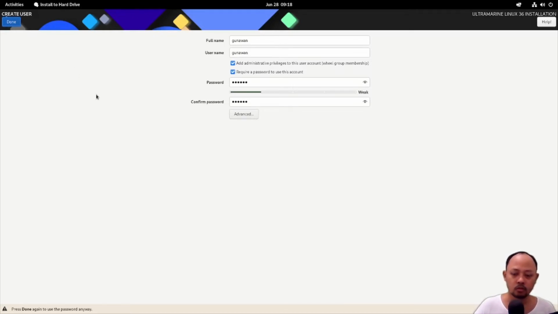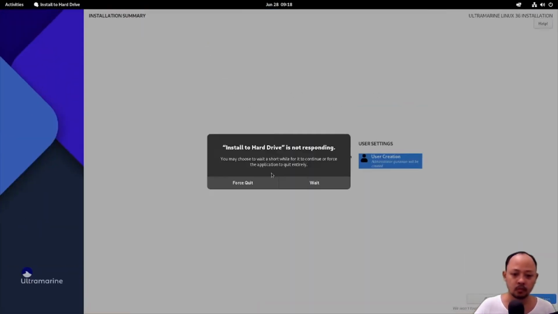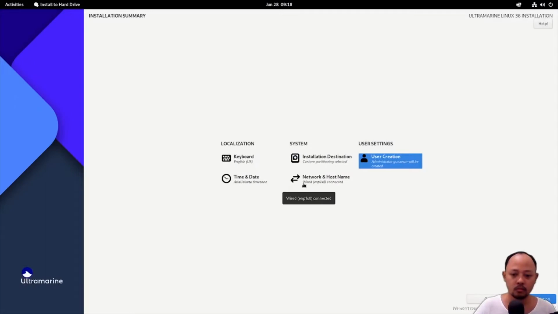In Fedora, we will be asked about the user creation after we finish the installation process. But in this Ultramarine distro, we need to create a user during the installation process.